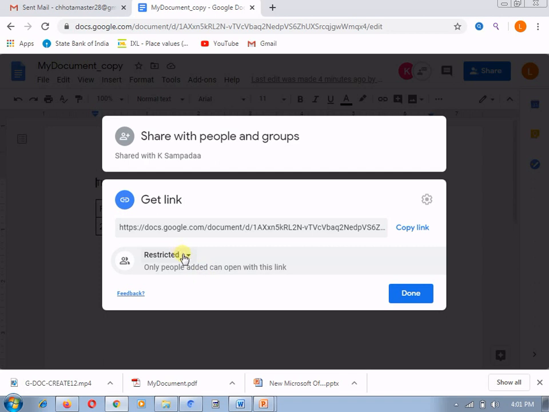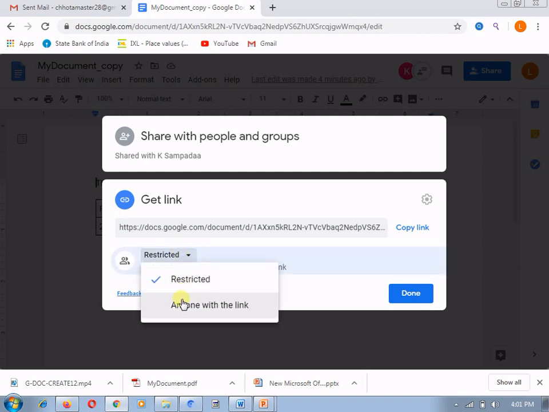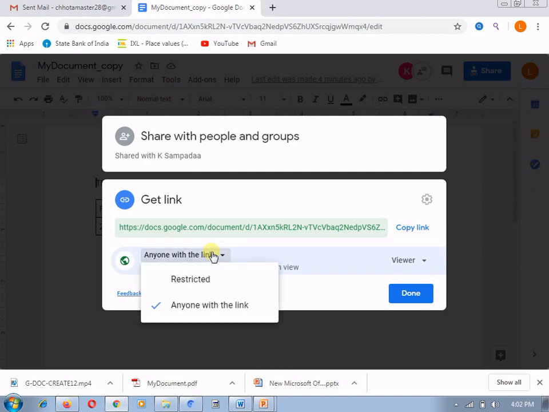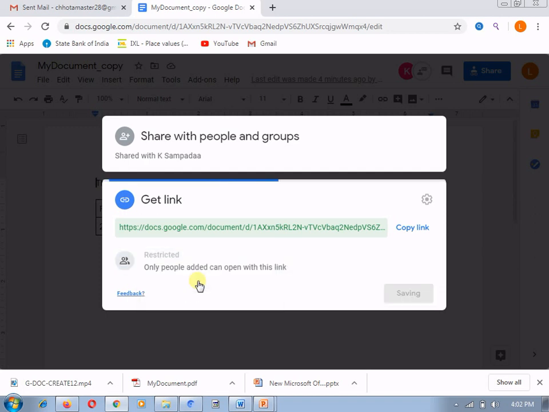If you do not select this and choose anyone with the link, then the person with whom you are sharing this document can send this link to anyone and they can edit the things which are available in your document. If you want to restrict it, then you can select this restricted option.